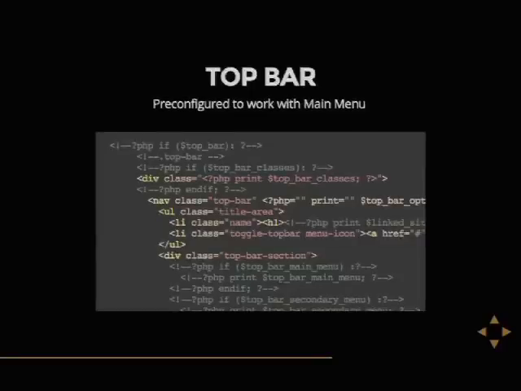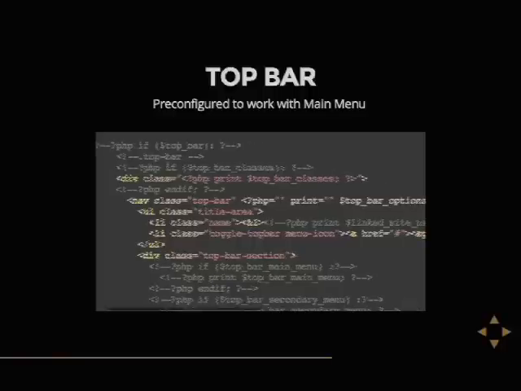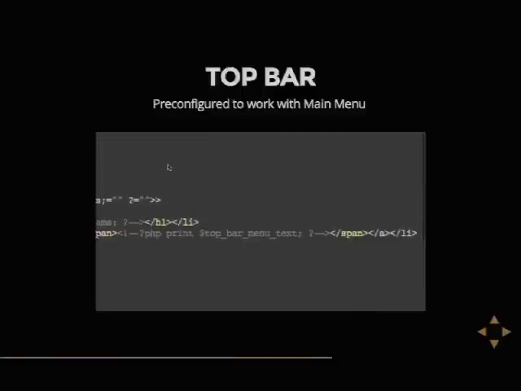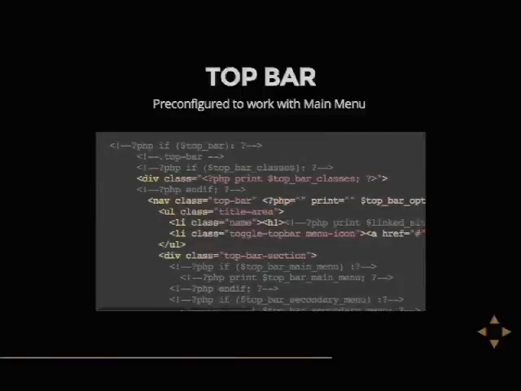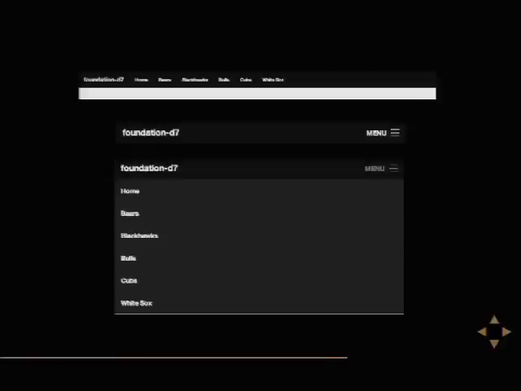So it also gives you a top bar. And this is just to give you an idea of what this looks like in Drupal. This obviously isn't, this is just in the page.tpl file. This is what it's going to start to look like in Drupal, but this is what it does just by turning it on. And so you would add your different menu items to your main menu, and then